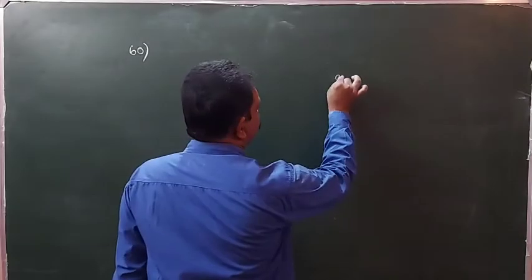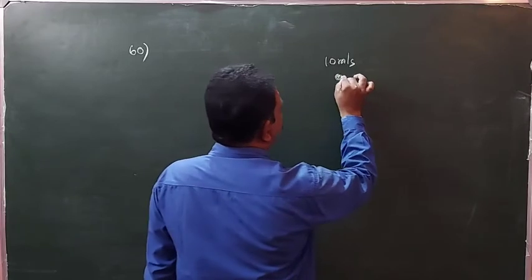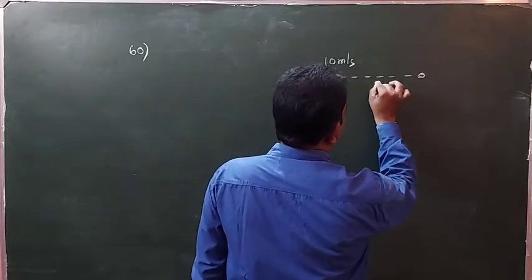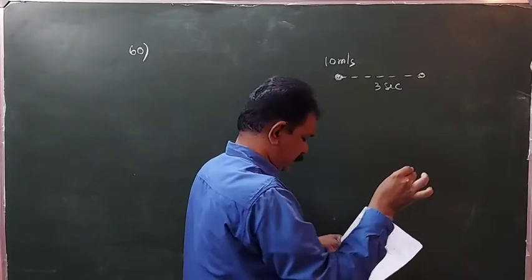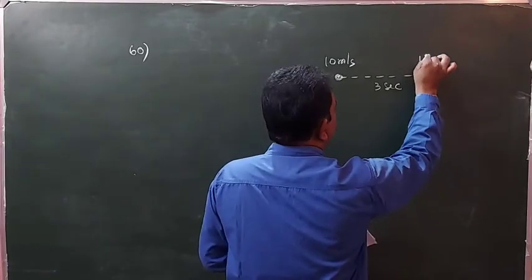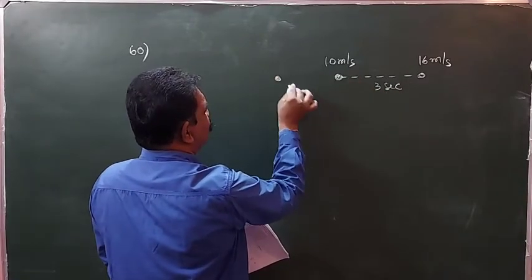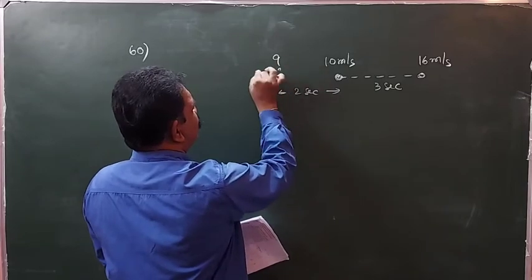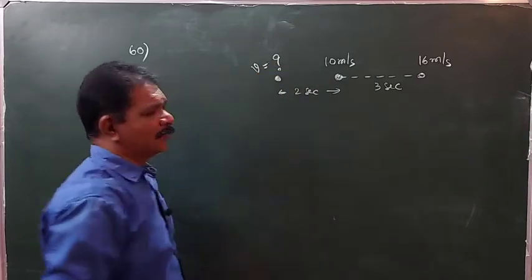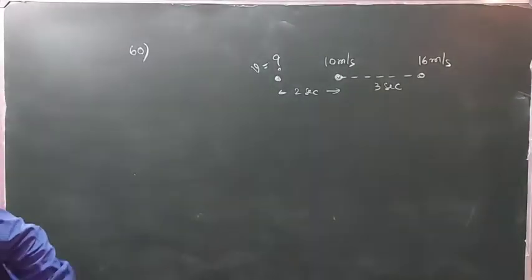Here, velocity is 10 meter per second. After 3 seconds, velocity will be how much? 16 meter per second. 2 seconds before, how much velocity is there? That is the question. Using this clue,